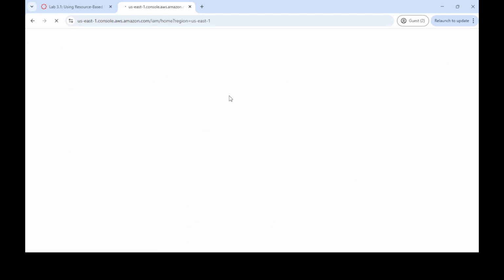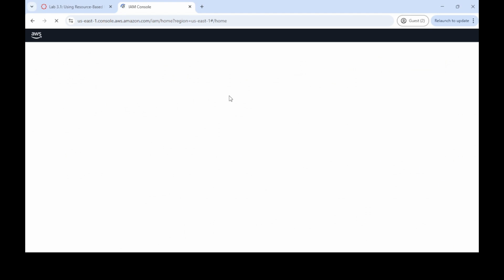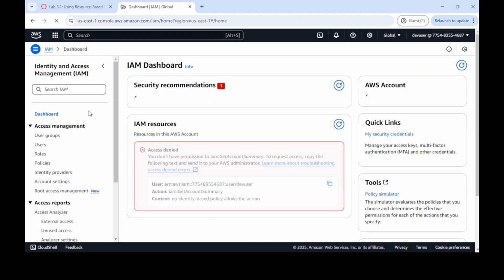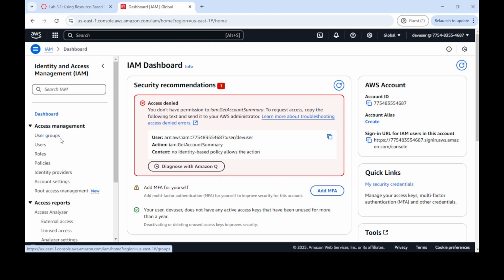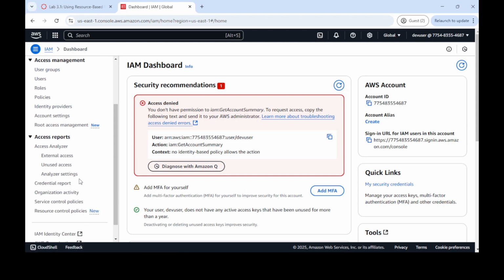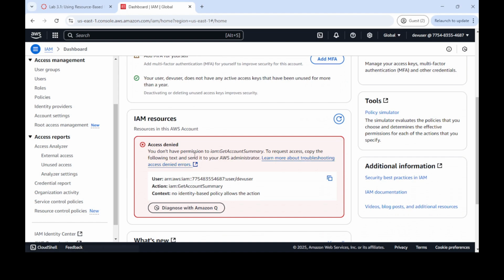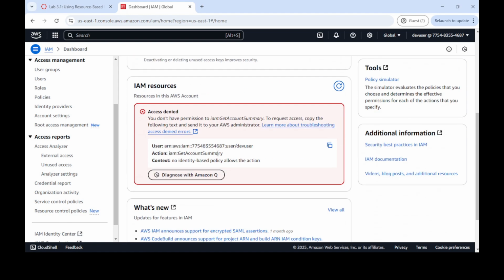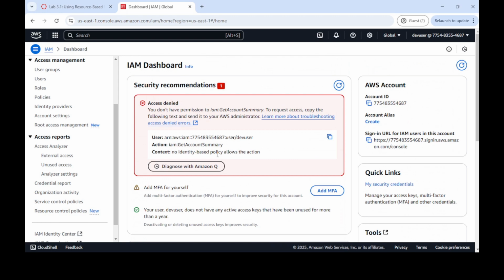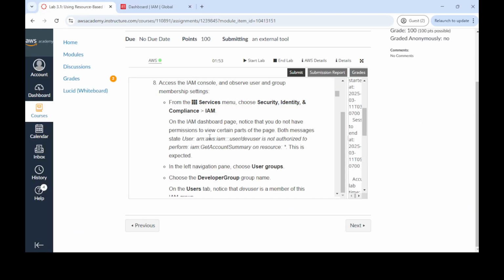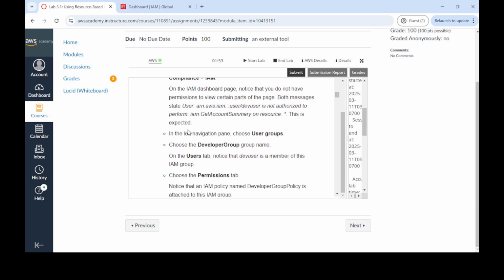Here we can see the Identity and Access Management console, which manages user groups, user roles, policies, identity providers, account settings, and many other reports associated with that. But here the dashboard shows access denied, and IAM resources access is denied. So we are also limited in what we can do here. Now we have to notice that we don't have permissions. Let's see the